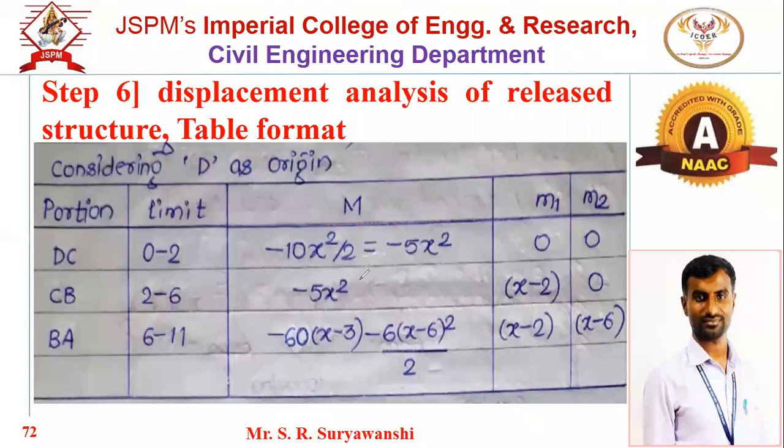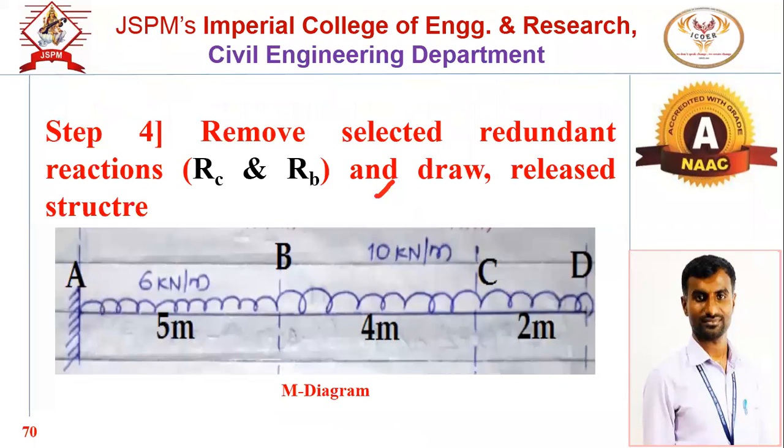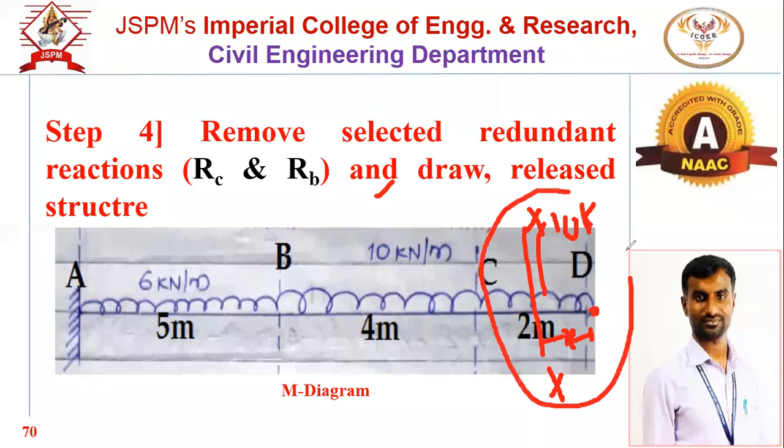Okay. Now we will see how it is minus 5x square. Now initially we will consider M diagram. We want M bending moment equation for DC, CB, BA zone. Okay. So we have to refer the M diagram. So if we refer the M diagram, so first zone, it is what? DC zone. So take the section in between DC. Okay. What is the origin? D is the origin, and the distance from the origin will be x, and this will be 10 kilonewton per meter. If you consider the right portion, anti-clockwise positive, clockwise negative.